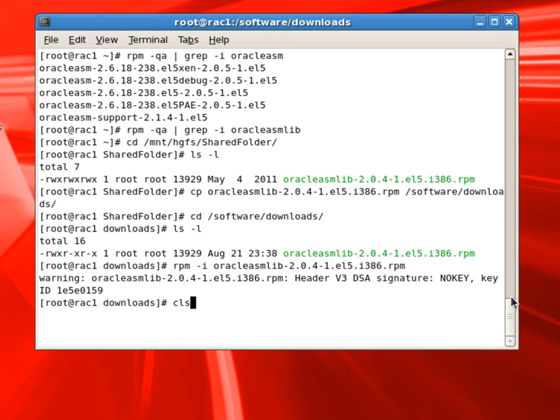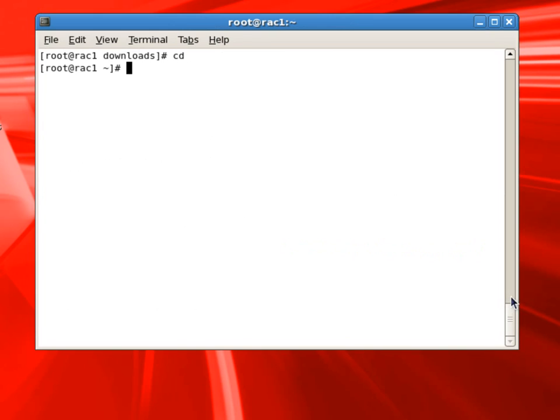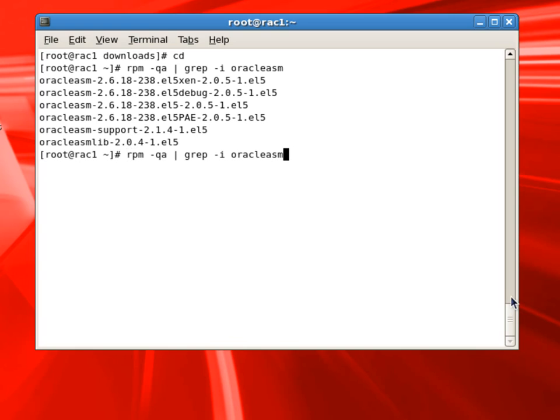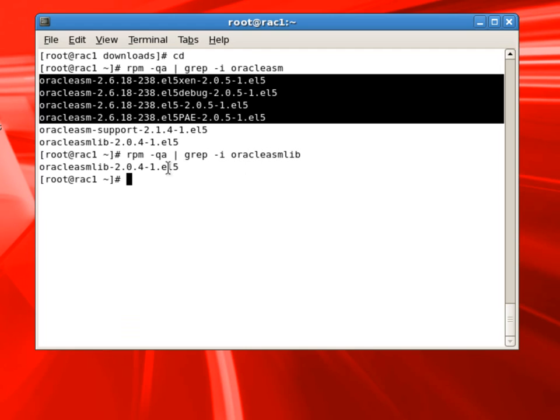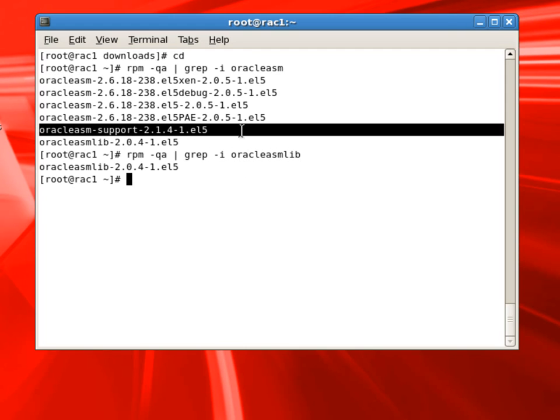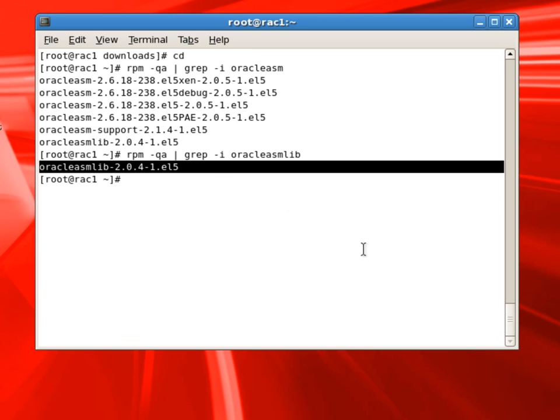Now we'll check the RPMs already installed on the system, and we'll make sure oracleasm, oracleasm-support, and oracleasmlib are all installed. As we can see here, all the required ASM RPMs are installed. Oracle ASM support, ASMLib,